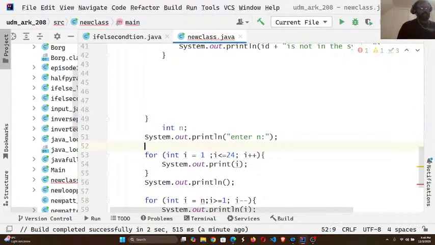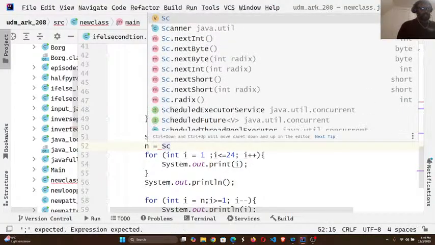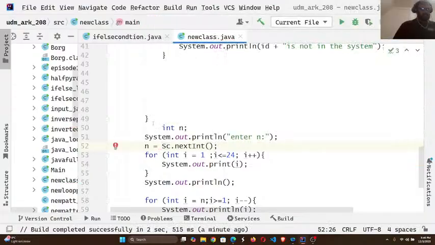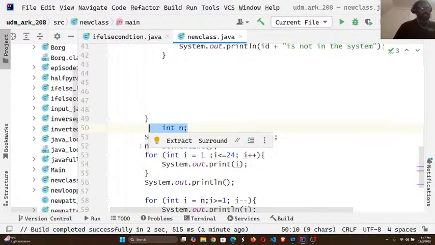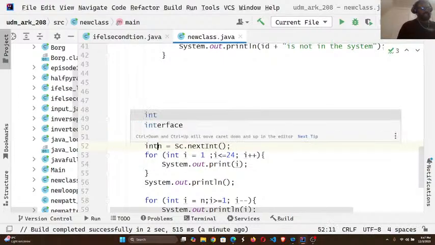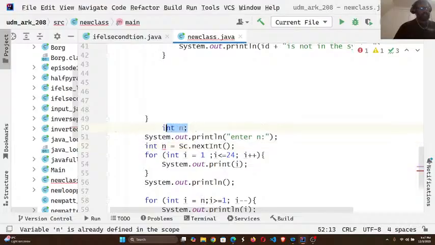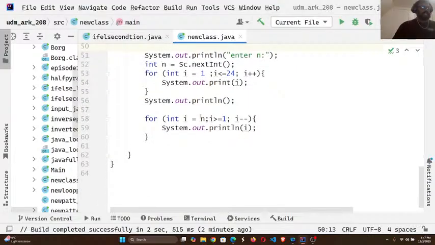Oh, sorry, n is equal to sc.nextInt, which is basically int n. You can skip this part and you can try here int n = sc.nextInt. Got my point? We don't know the n actually until now still. Okay, but after this, when it shows here,